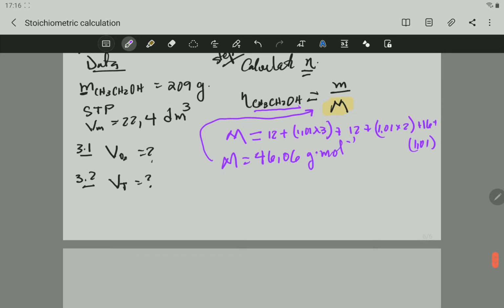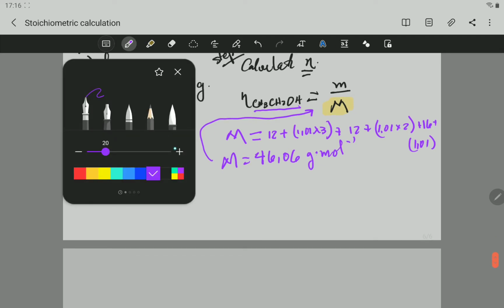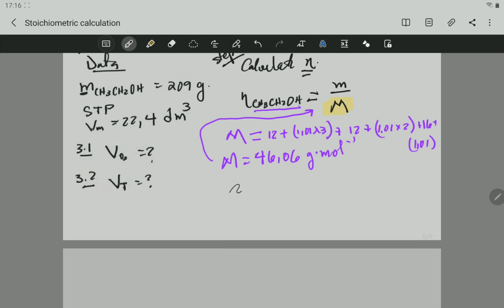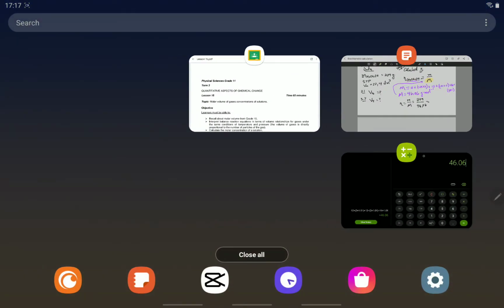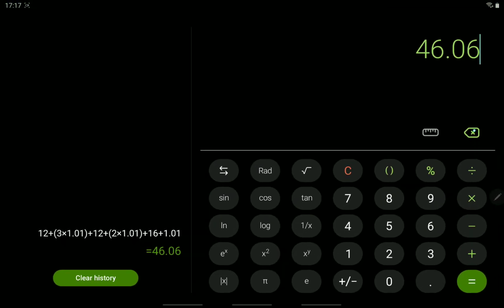Okay, so let's substitute it in there, and then we have that the number of mole is equal to the mass. And let's write everything once more so you don't get confused. If the mass is 209 divided by the molar mass, which is 46,06, and then let's go to our calculator. It is 46,06, so the number will be